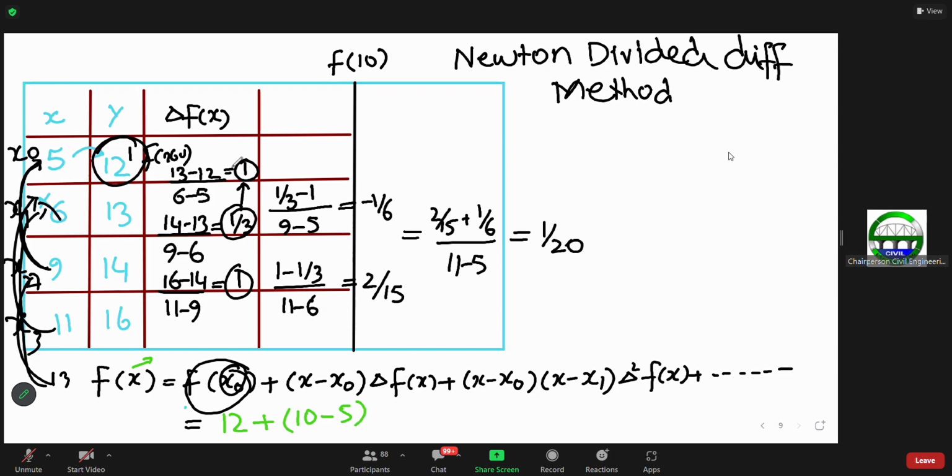Del f of x, just put the del f of x value in here. Maybe it was 1 into 1 plus, what is the x? x was 10 minus x naught is equal to 5. x1, 10 minus x1 is equal to 6. Del f of x here, 1 by 3. Plus